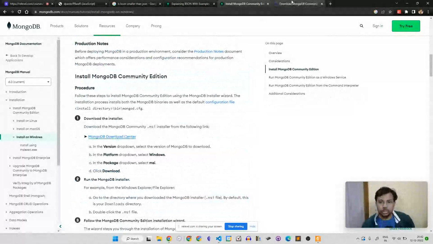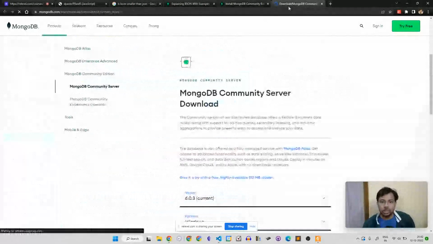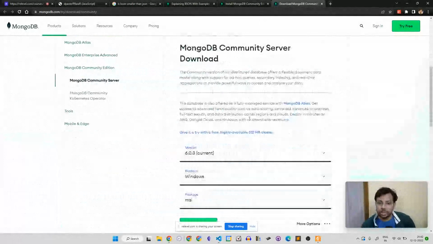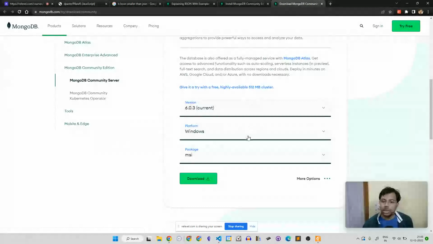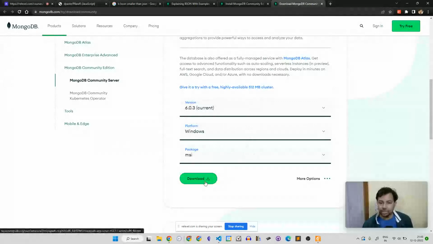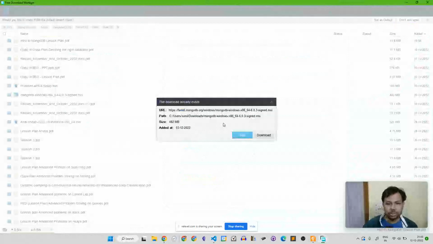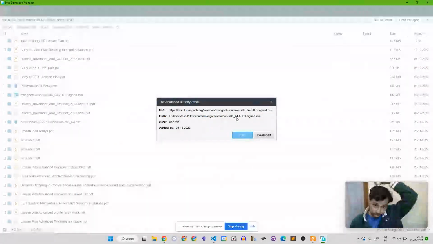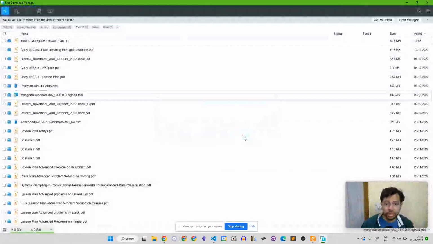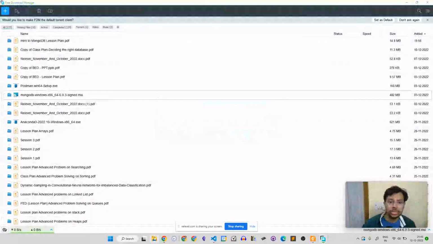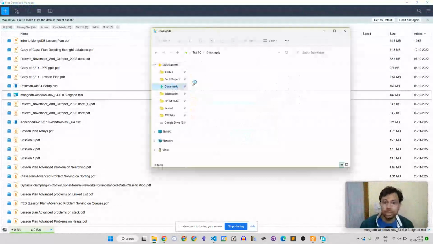Once you click on the download center, you can decide whatever version and whatever package you want to use. Click on download. You can use the direct options. I have already downloaded this file, so I'll skip downloading it. Once you download it, you will get a file in downloads.